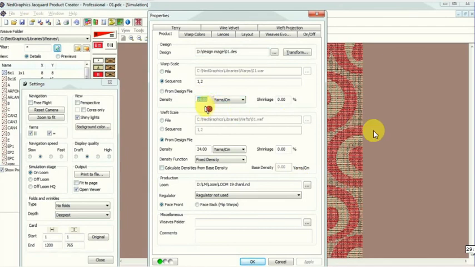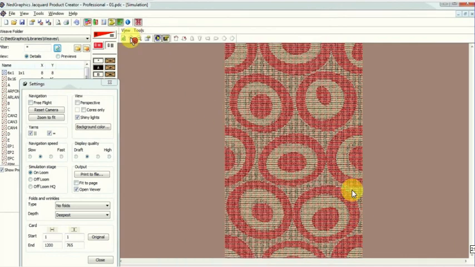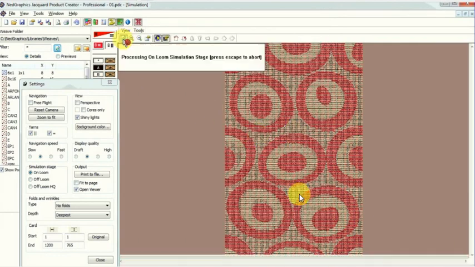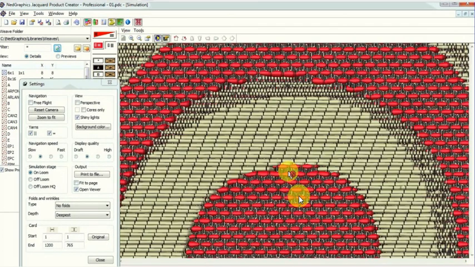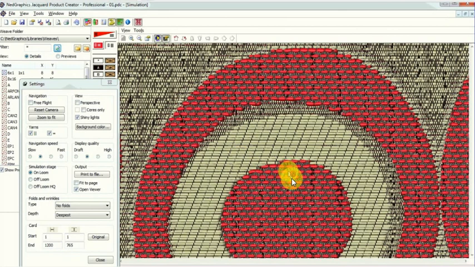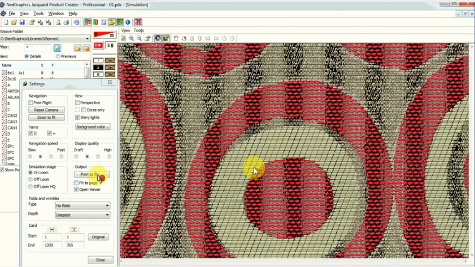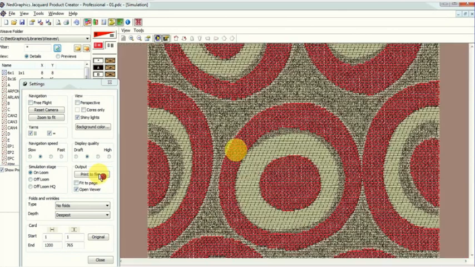When I am going to proceed to simulation, here I have to change the original density, 168 and 51, whatever the density, because it won't take the default. It is there as per the Excel we gave, but actually we have to give it and then make the simulation. You get the exact simulation. Okay, see, now this is my simulation. I am going to print this file in true color. We get a very good idea.